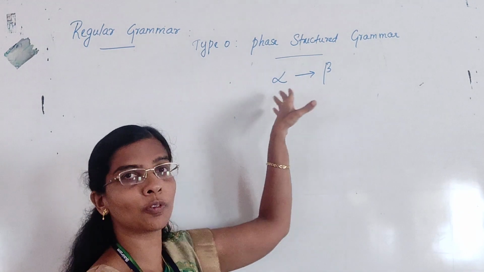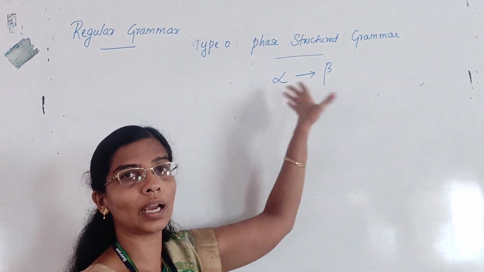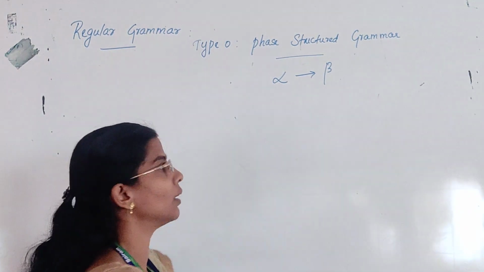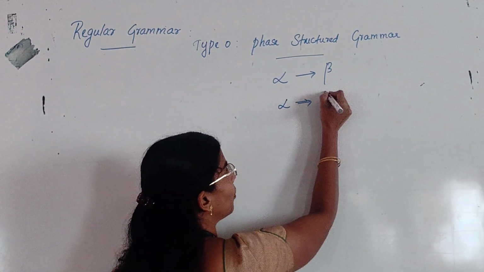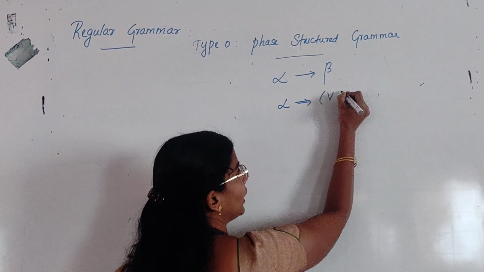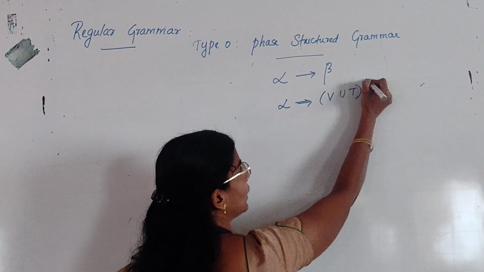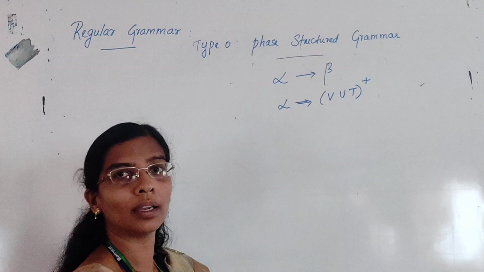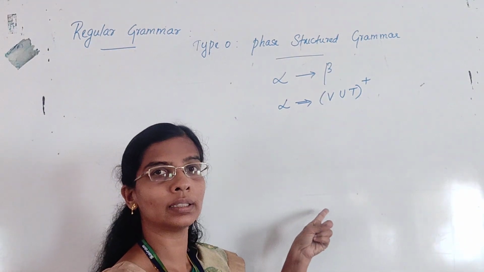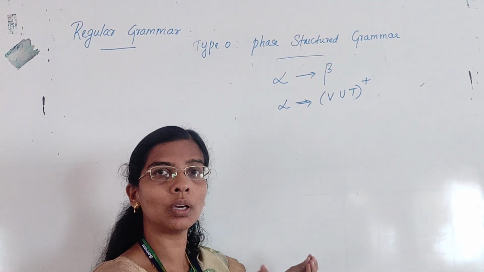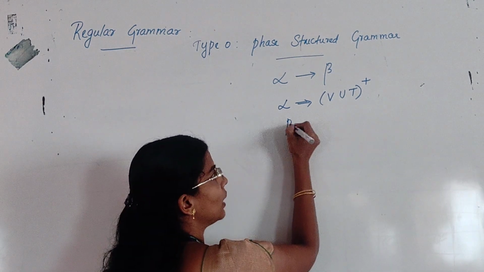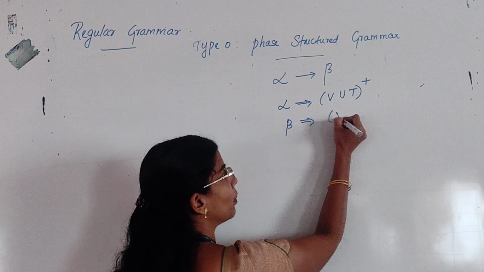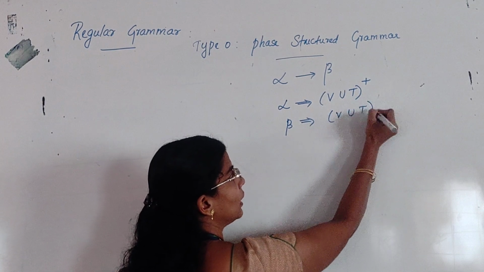It will be in this form: alpha tends to beta. What is alpha? How do I have to form alpha? It is a union of variables and terminals, starred. Alpha is a combination of variables and terminals. Beta is also a combination of variables and